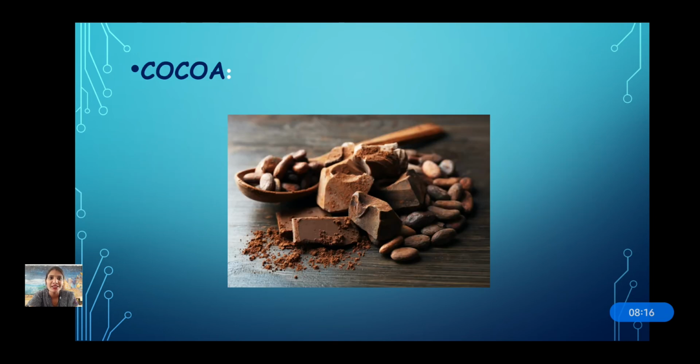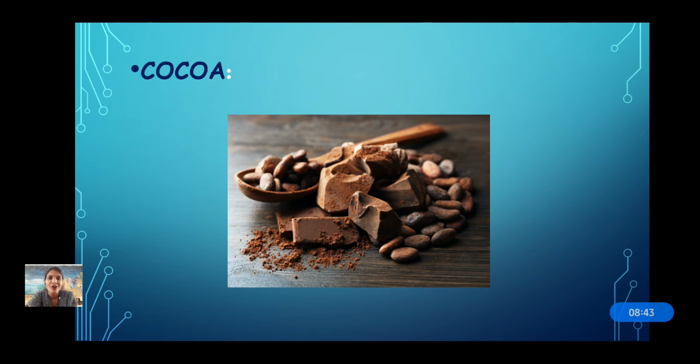Oh wow, what is this? Yes, it is cocoa. Now, what do you mean by cocoa? You all like to eat chocolates? How are chocolates made? Yes, these are cocoa seeds which are ground to flour and then these seeds, when they are powdered, chocolates are made using this cocoa. Isn't it interesting and yummy?